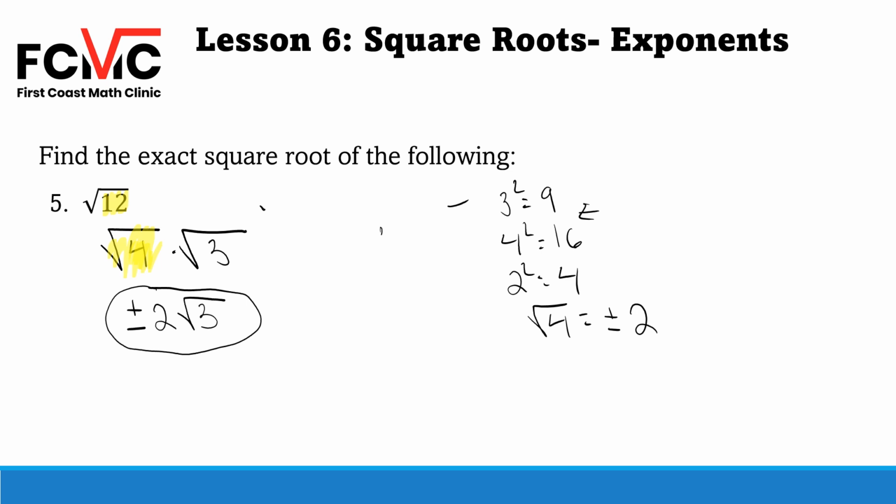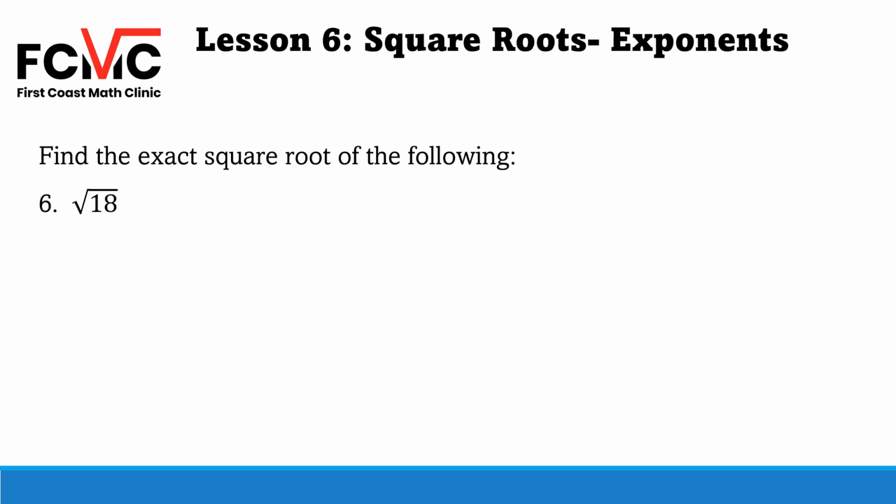Okay, let's do a couple more examples where you find the exact square root for values that are not perfect squares. All right, so for number 6, we've got the square root of 18. So 18 is not a perfect square as well, but we know we can factor 18 into a perfect square. So square root of 9 times square root of 2. Okay, we know the square root of 9 is going to be, from the previous example that we did,